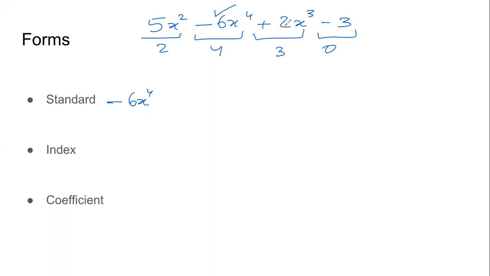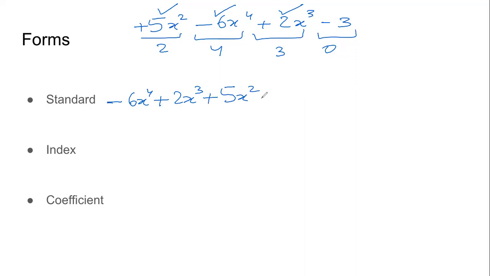Then the second highest power is 3. So we will write that plus 2x cubed. Third one, after 4 and 3, we have 2. Okay, so we will write that. So we will write like this. Once again, we will end up doing wrong. Here we have not written the plus symbol because there is nothing on the left hand side. But when we are changing the position of the term, and now there is something to the left of the term also, then writing the plus symbol is necessary. Otherwise, it will become multiplication. Side by side is multiplication.